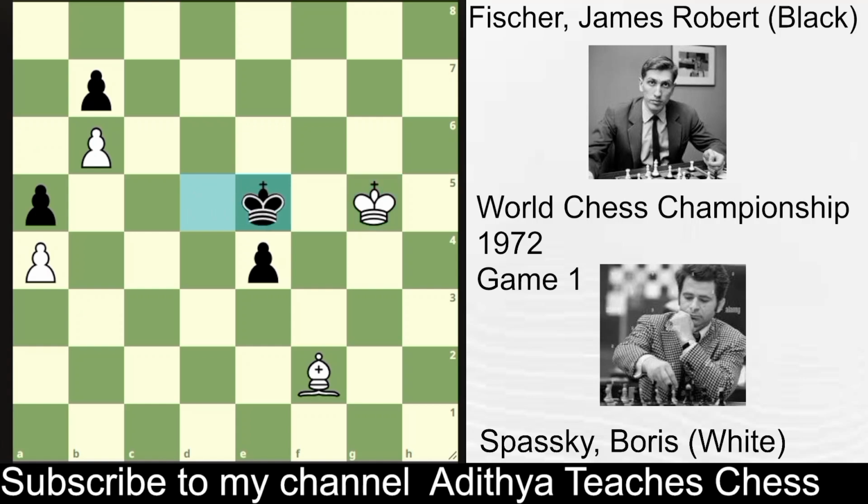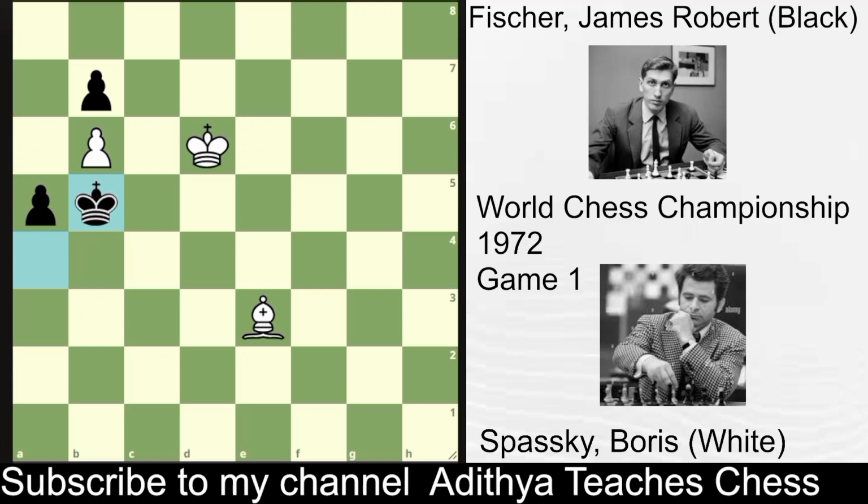King e5, bishop e3, king e6, king f4, king d5, king f5, king c4, king takes e4, king b4, king e5, king captures a4, king d6, king b5, king c7,